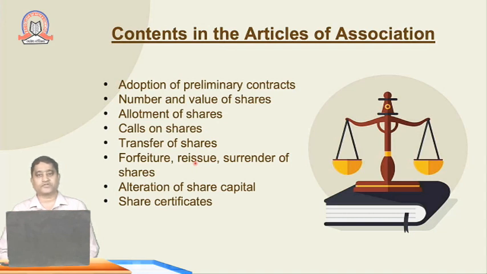person who had applied for the shares, in spite of the several calls which have been given by the company, and if the particular investor doesn't pay the balance amount, the method in which the forfeiture of the shares has to be done has to be also mentioned. It also should mention the way in which the shares have to be reissued, how the surrender of the shares should be done, how the bonus shares have to be issued, or how the sweat equity shares have to be issued has also to be mentioned in the Article of Association. There should also be the particular format in which the alteration of the share capital has to be done.